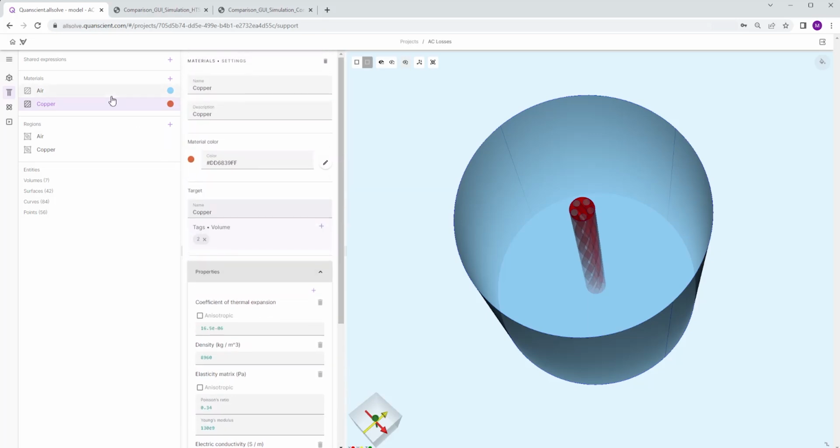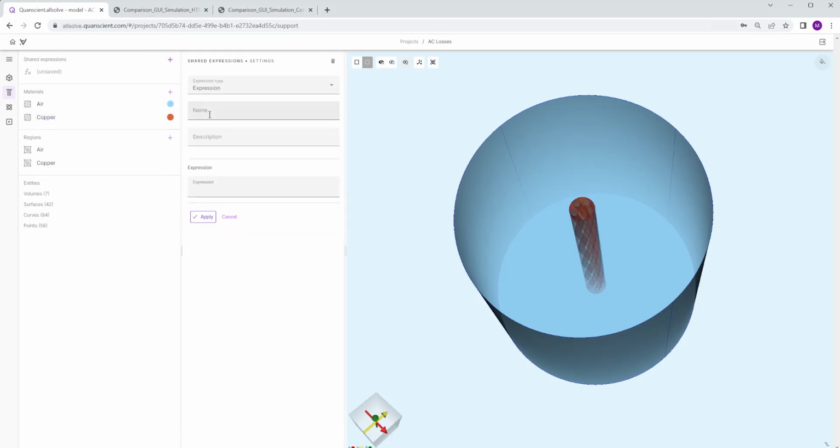And then we would need to define the superconducting material, and for that we're going to define some variables first. We're going to define the power law factor and set it to 30. We're going to define the critical E field to 10 to the power of -4.